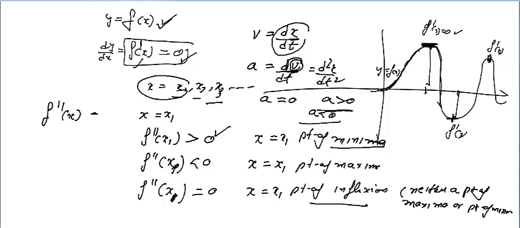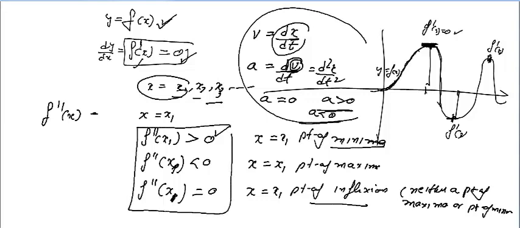So keeping all these things aside, you must keep in mind what you have done earlier when the function depended on a single variable. You have a function, you differentiate it one time, put it equal to 0, and then you get different values of x. Then you find the double derivative. If the double derivative at that point is greater than 0, it is a point of minima. If it is less than 0, it is a point of maxima, and if it is equal to 0, it is a point of inflection. You have done these things earlier, so I am not going to discuss them. I am just giving the idea, because we are going to extend this concept to two variables.